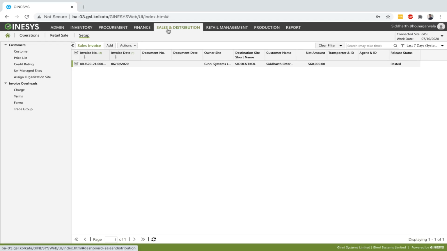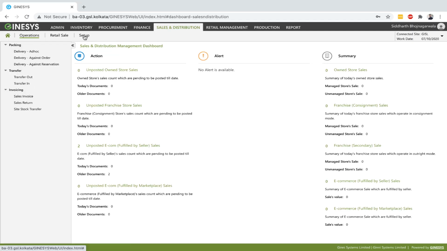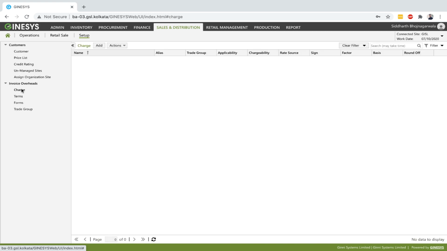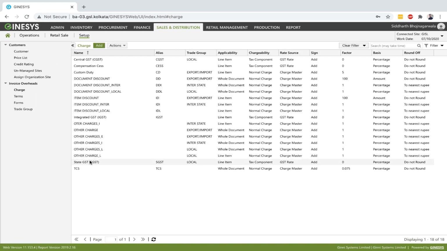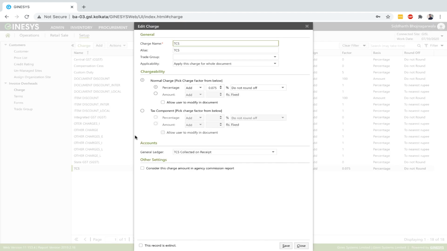Let's go to SND, setup, charge. As you can see, I've already created a TCS charge and I have specified the TCS collected on receipt ledger here. You need to create this charge for the whole document, and the applicable percentage right now is 0.075%. You need to save this charge.